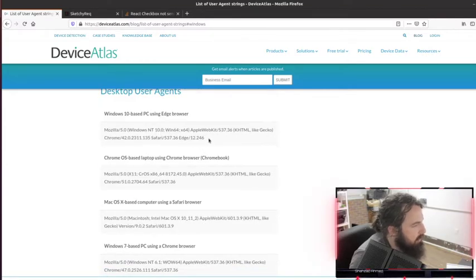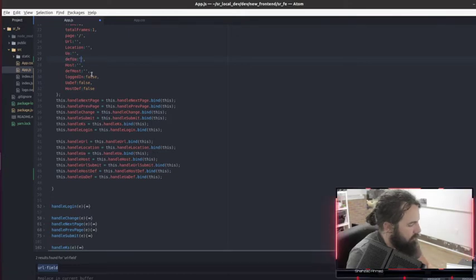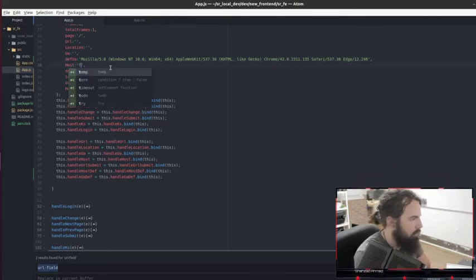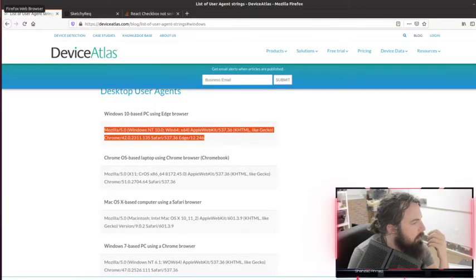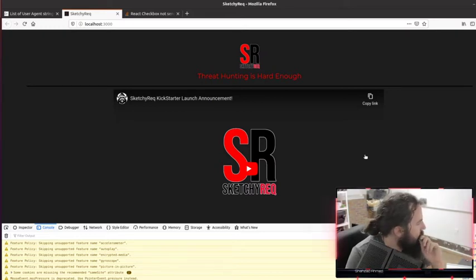Desktop user agents. We're gonna set it just to the default Windows 10 Edge string. And the host we're gonna just set to lol. Doesn't really matter. I'm betting for some reason that's not gonna work. But it compiled, surprisingly enough. Let's see if it does what we want it to do.